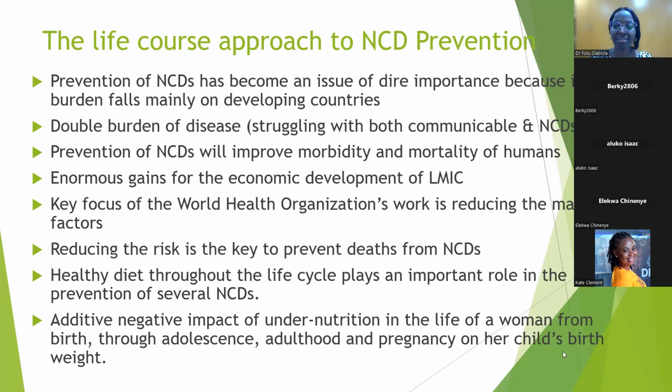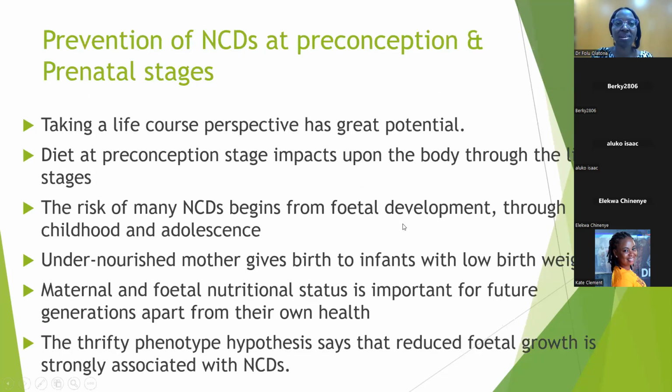So if we prevent it in childhood, then we're already preventing it in adults. That's the message. We don't wait until someone is an adult before we are concerned about diabetes, hypertension, cancer, and other non-communicable diseases. This life course perspective has great potential